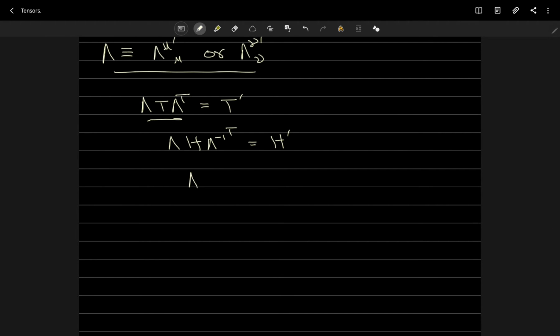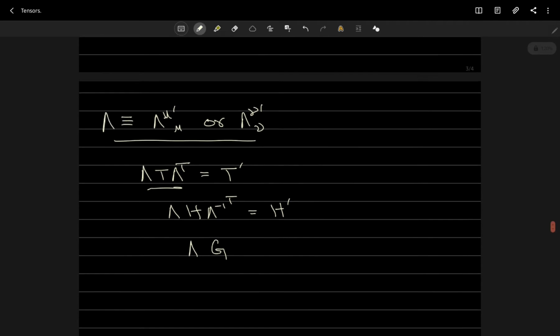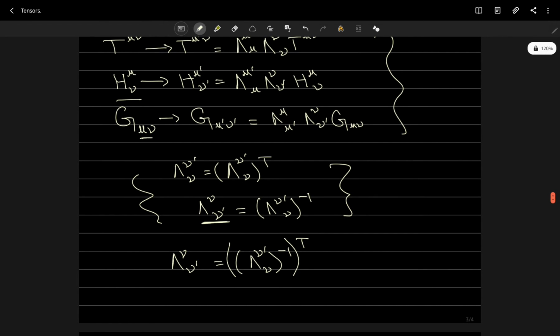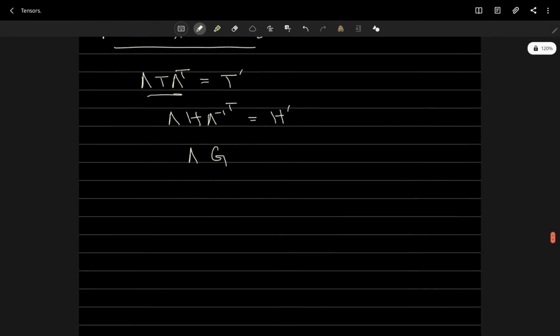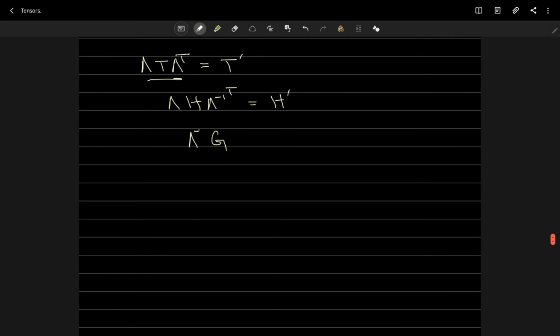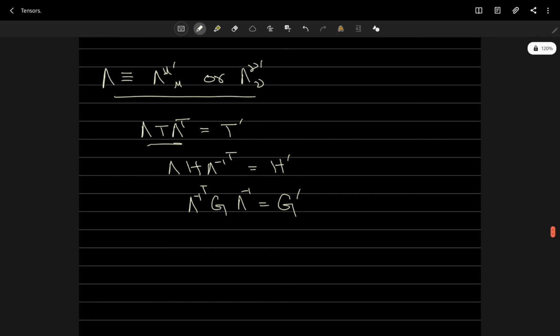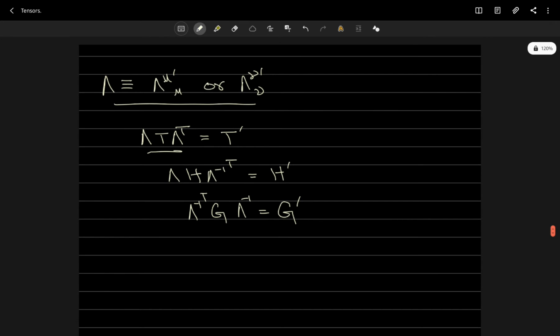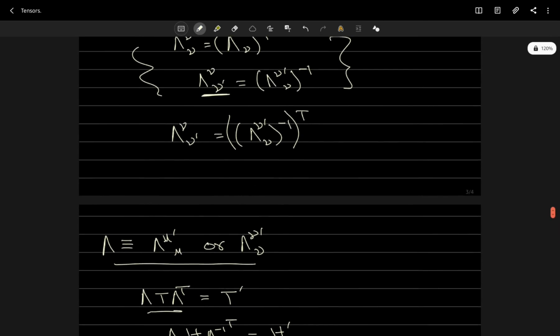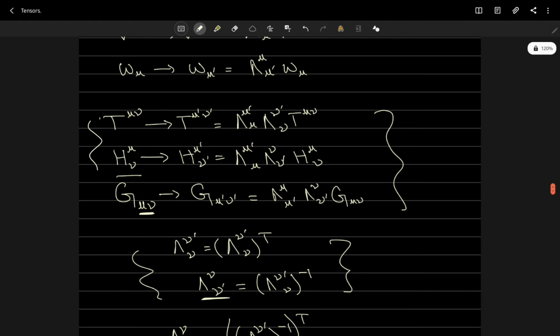So hopefully you're paying attention, right? Now if I sandwich g, which is a covariant tensor which has indices in the bottom, in lambda inverse transpose and lambda inverse, this would give me the transformation of the covariant tensor g, right? Okay, so now that we have many tensors, so you have seen all of these tensors that we could write,